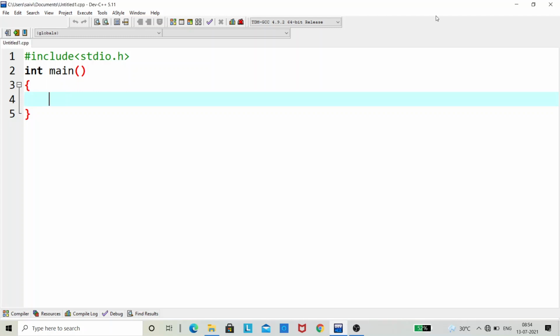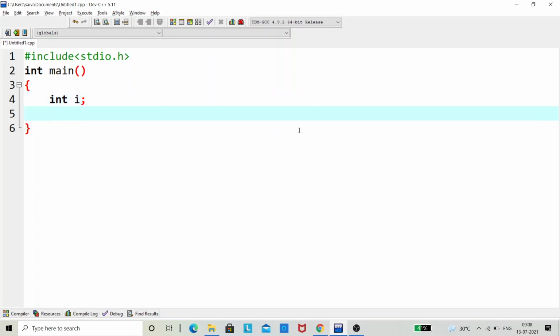The syntax for declaring a variable is, first we have to declare the type, whether it is integer or float or character. In our case it is int, so we are writing int followed by the name of the variable. Let's take I, semicolon. There are certain rules for naming variables. We should not use integers or any special characters, and you should not use space in between the variable name, but you can use underscores and capital letters. It's not an issue. Now let's do mathematical operation in this main function.